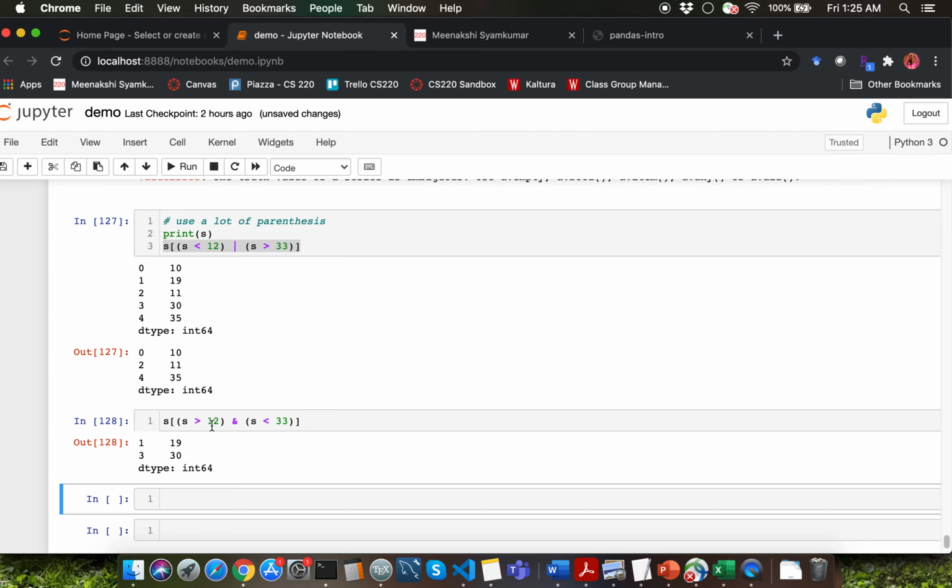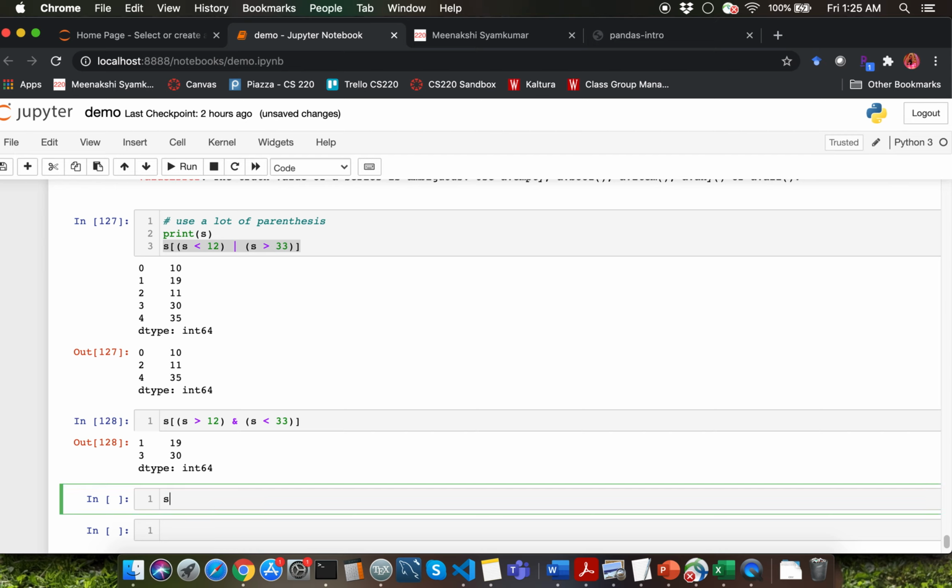Now we want to get the values of s greater than 12 and less than 33 at the same time. So now you're going to only get the values of 19 and 30 because all other values do not satisfy this Boolean and condition over here.